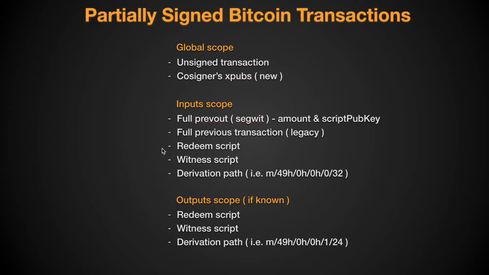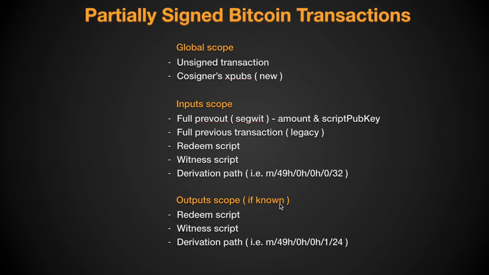Then what else do we get? We get the redeem script and witness script if there are any. In case of pay to pubkey hash and pay to witness pubkey hash, there are no such things, so we don't need that. But for multi-signature and other scripts, we actually do need them. And then we also get the derivation path, that is, how do we derive the private keys for these particular inputs